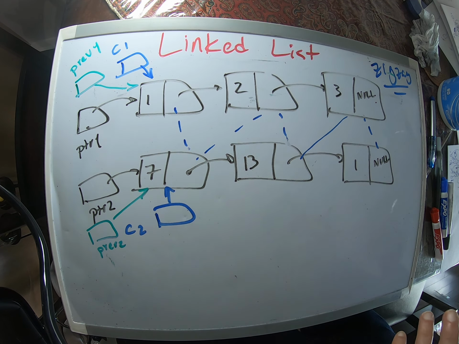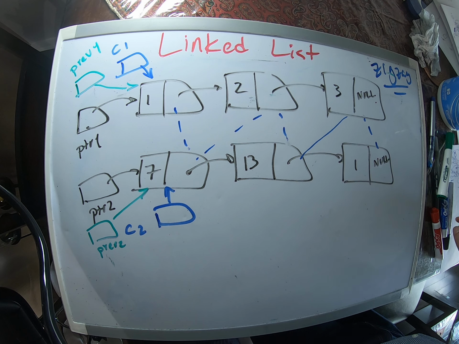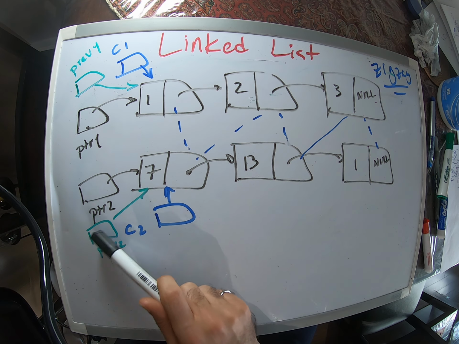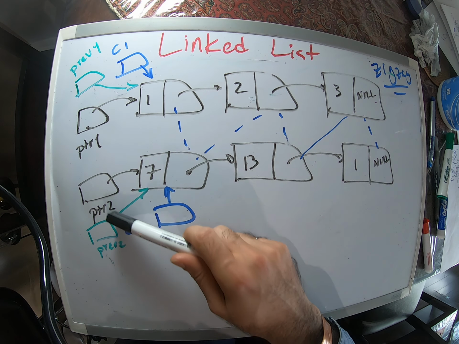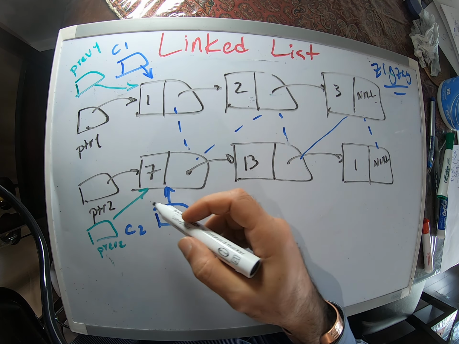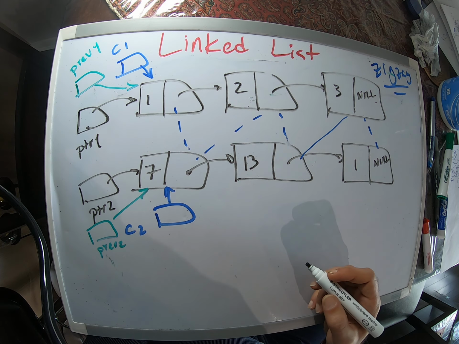Okay, I'm giving you the final answer, but I encourage you to do it yourself before looking at the solution. Just to figure out, do I actually need this one? You might just be able to do it without these extra pointers, or in many cases you might actually need another pointer as well. Like for the example of reversing the linked list, we had 3 pointers: current, next, and previous, right? So what we do here, we initialize C1 and C2 with the head pointer, and we say that